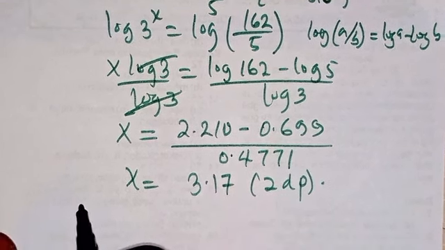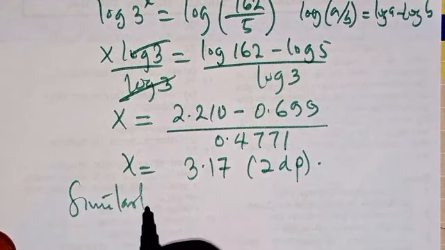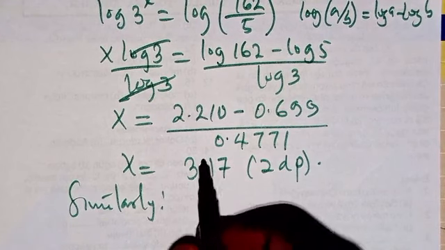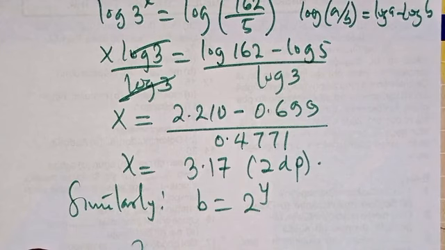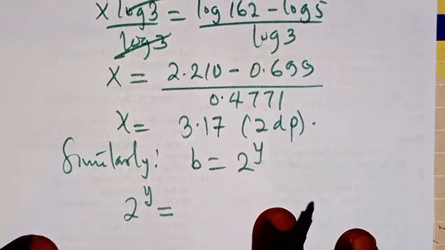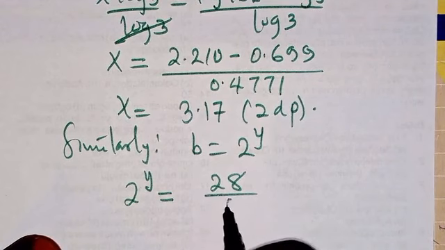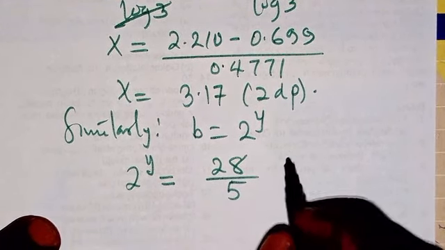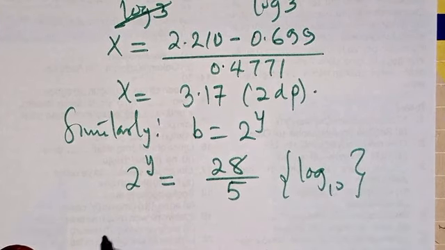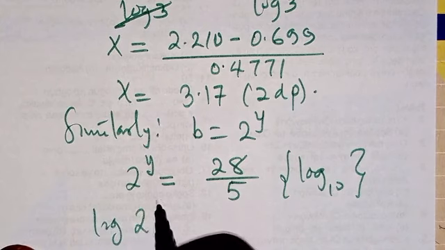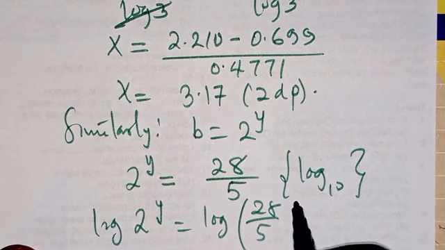Okay, so similarly, we have b to be 2 to the power y, so 2 to the power y equals what is b? The b is 28 over 5, right? So here the same thing, we introduce log with base 10 to both sides. We have log 2 to the power y equals log 28 over 5,